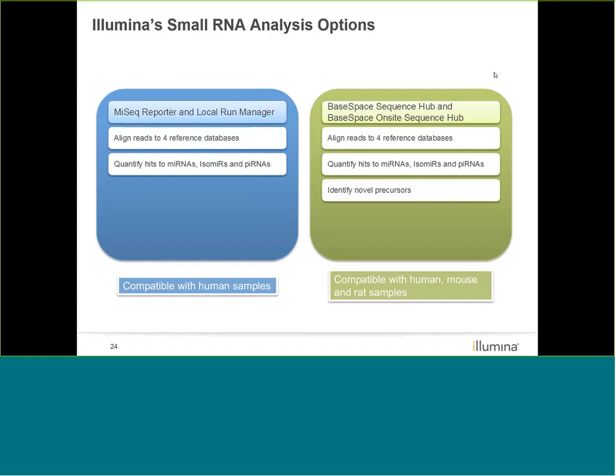The BaseSpace on-site and BaseSpace Cloud options offer more analysis, so they also identify novel precursors in your data, and they go on to perform differential expression analysis between groups of samples. Then finally, they offer a clustering analysis. So they give you an aggregate result for all of the samples you're comparing, not just your pairwise